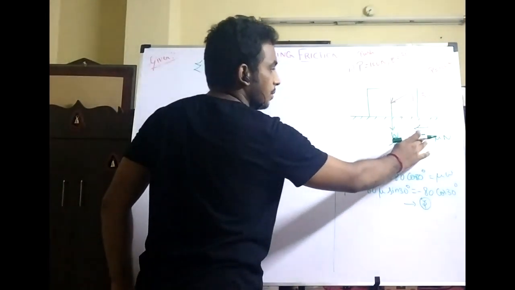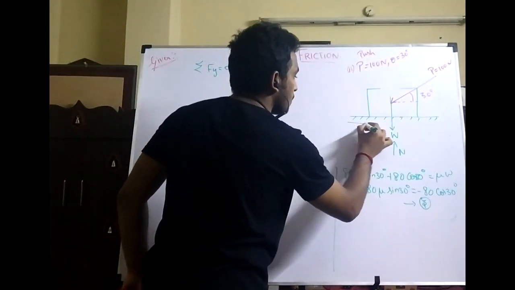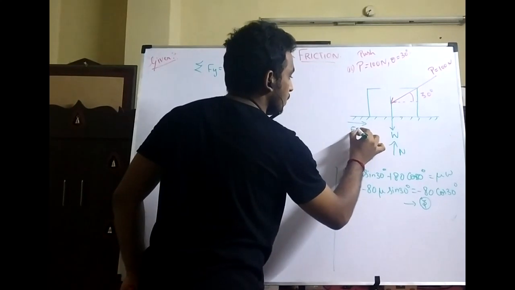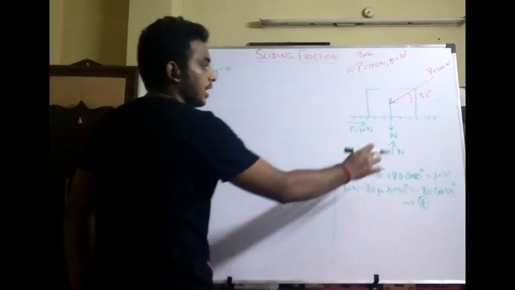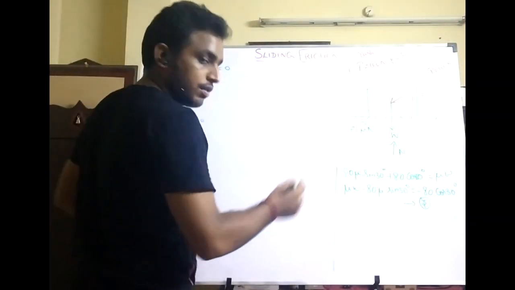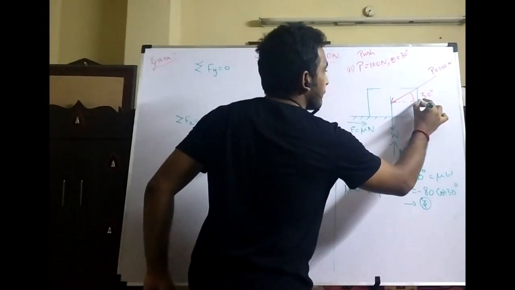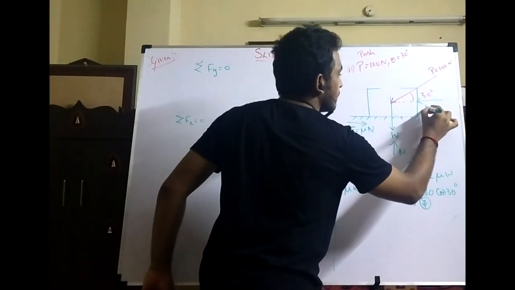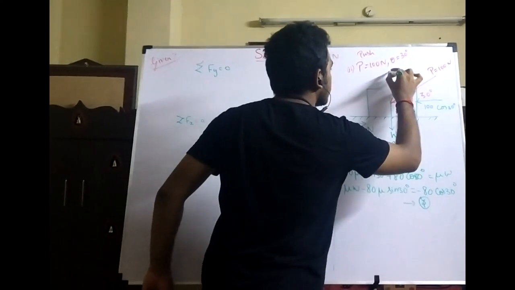Since the body is going to move in this direction, the frictional force will be acting in exactly the opposite direction. So F is equal to mu times N, the normal reaction. The normal will be acting exactly perpendicular to that. Then resolving the forces, we will get P, that is 100 cos 30,